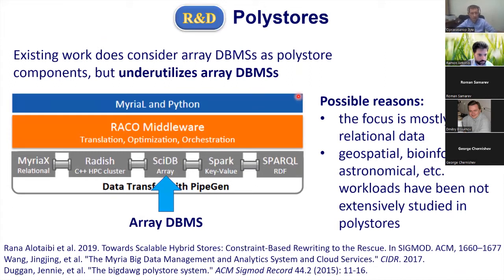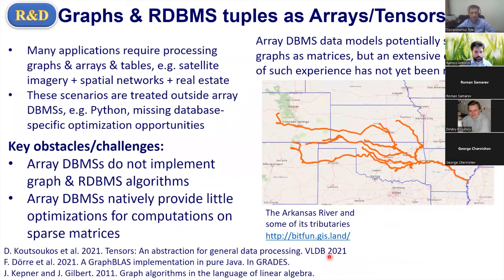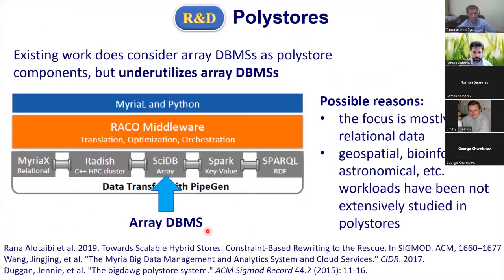I would probably even mention here, at VLDB 2021, this paper, Tensors: An Abstraction for General Data Processing. This team from ETH Zurich used arrays, put relational data into arrays, and reported quite promising results. And if you look at some different papers, for example Graph Blast, as the next step,